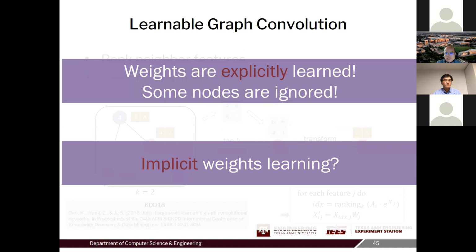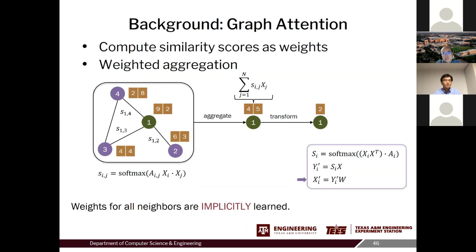Also, we have been working on another paradigm called graph attention. In the graph convolution case, the weights here are learned explicitly. You have a weight for each node. And in the graph attention case, the weights are learned implicitly, because the weights are determined based on the relationship between inputs, and the input features are learned. So by learning the feature input, you learn the weights implicitly.